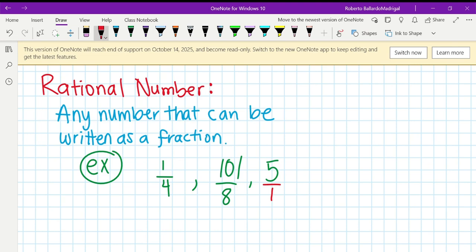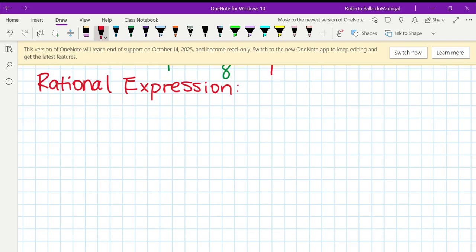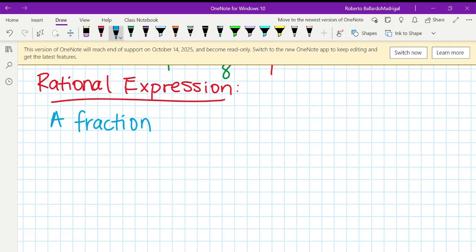Let's talk about a rational expression. What is a rational expression? Let's write this down. Rational expression. And a rational expression is a fraction. Kind of a word soup here, so let me write this down. A rational expression is a fraction in which the numerator